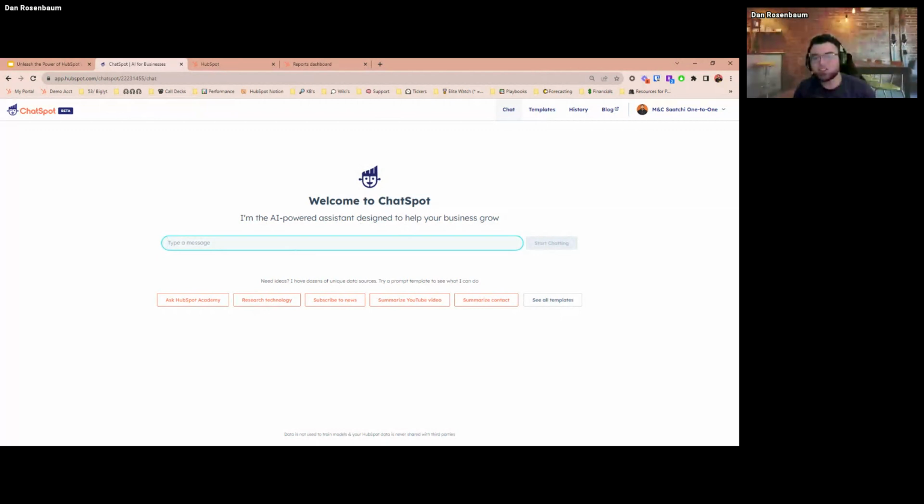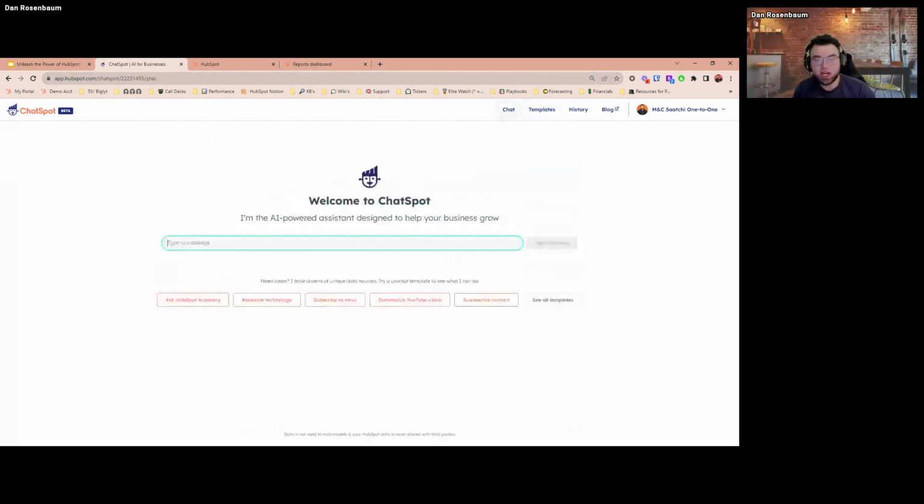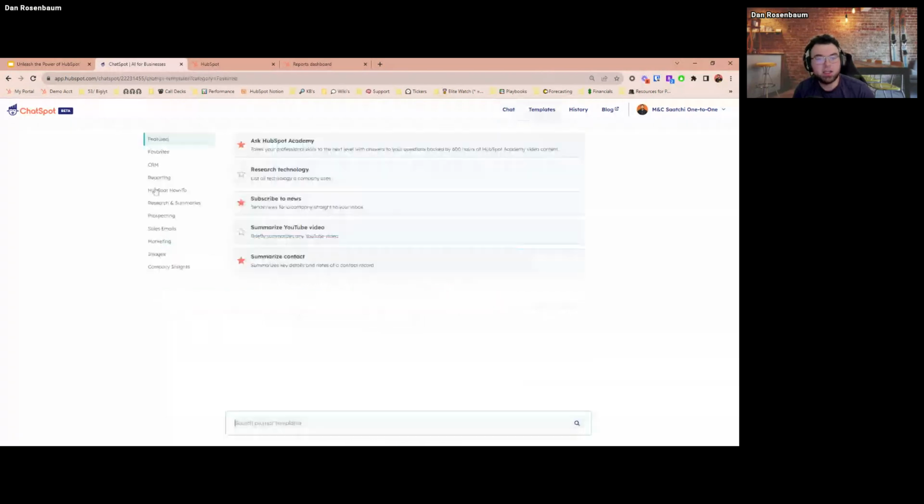So my suggestion, as this is still in beta and has a lot of work to be done on it, is to always use templates whenever you can. There's lots of good templates. Every one of these has been tested and they should all work. So right here, there's some preliminary things that you can drop in, popular templates, and then more specific ones. And you can search anything.